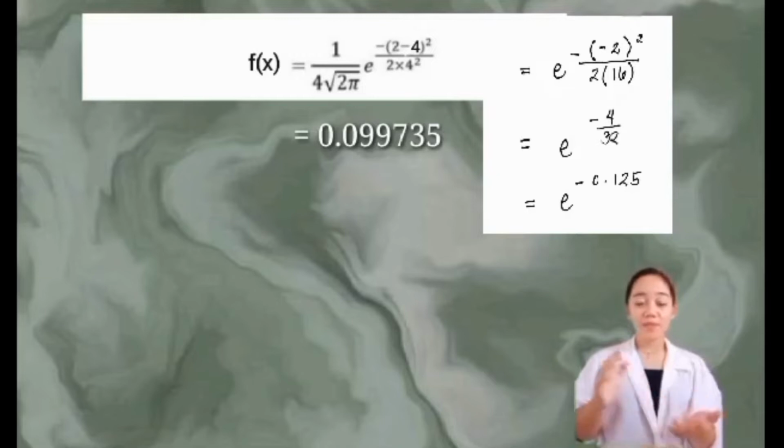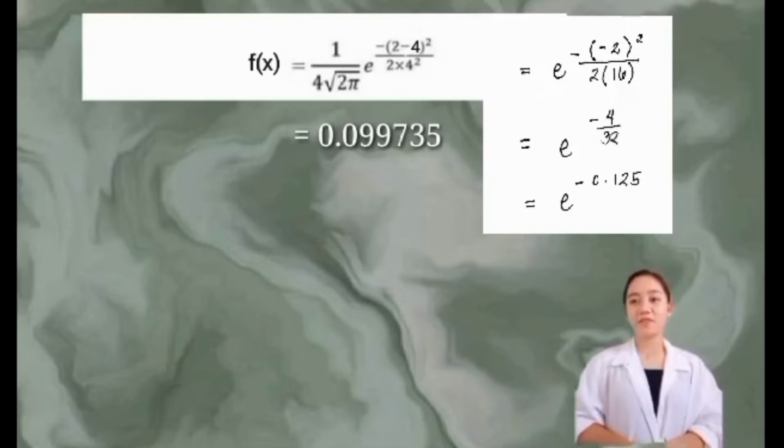Then we convert it to its decimal form. So that would equal e raised to the power of negative 0.125. It's the same value as in example number 1, and that is equal to